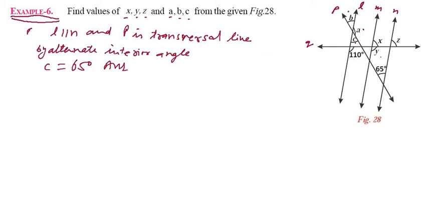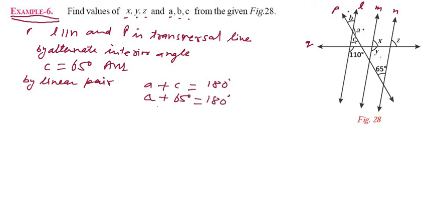Now by linear pair. The angle sum of A and C, this one. So angle A plus C will be equal to 180 degrees. But as you know, C is 65 degrees. So you can put the value of C. So angle A will be equal to 180 degrees minus 65 degrees. So subtract this. 10 minus 5, that is 5. Here is 7. 7 minus 6, that is 1. And here is 1. So 115 degrees. That one is your second answer.